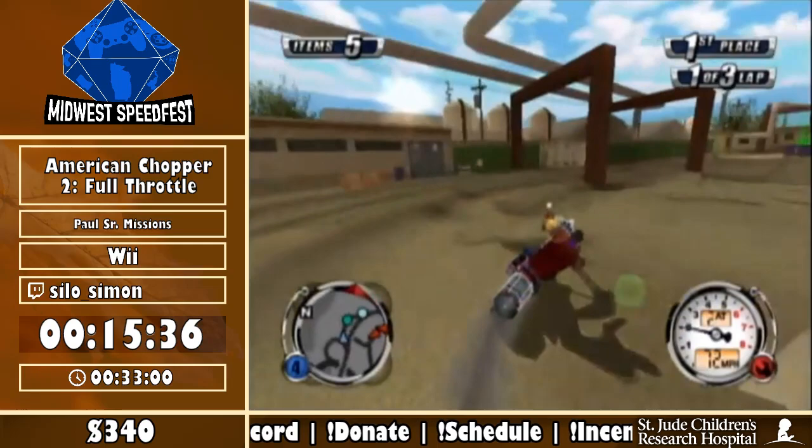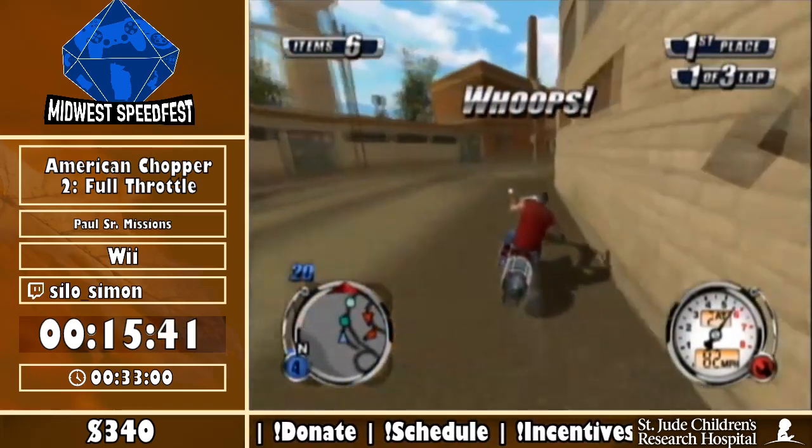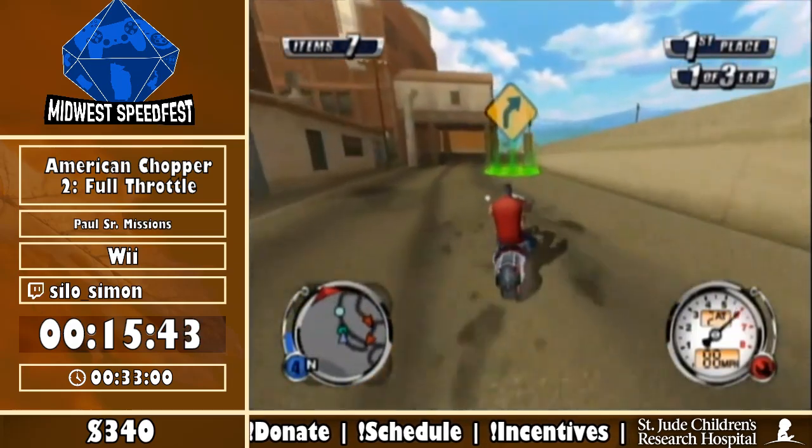But it is totally unexplained. Like, it just says break 15 items while you're doing the race. It's like, okay. So